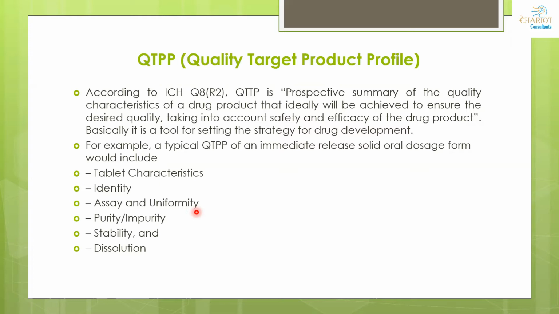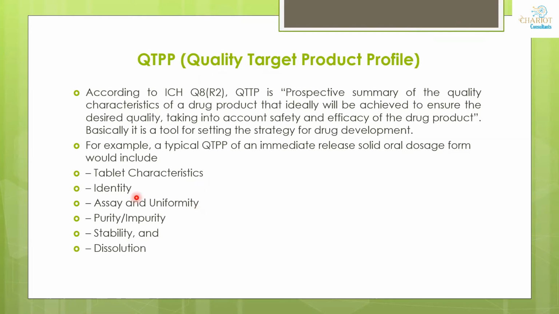Your target will be that it should be stable for a particular defined shelf life. For example, you want to say that my product should be stable for at least 2 years. So that will be your target. Also your dissolution: if you are not able to achieve dissolution of more than 85% at 30 minutes or 45 minutes as per your specification, then it is not immediate release. Are you getting my points?